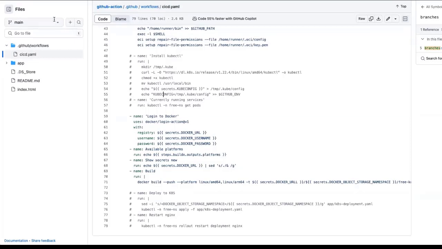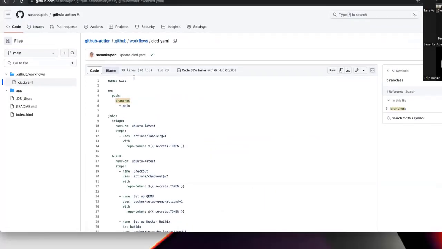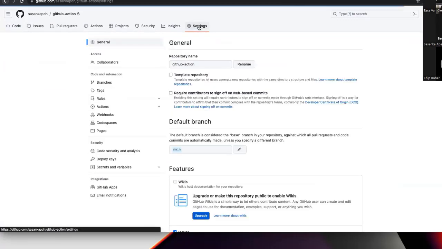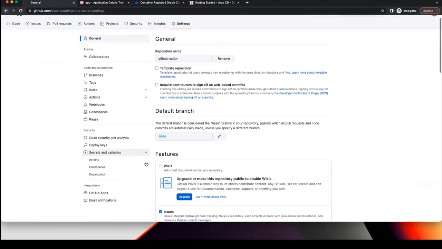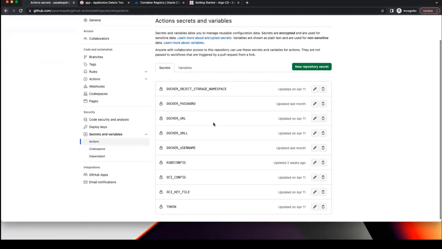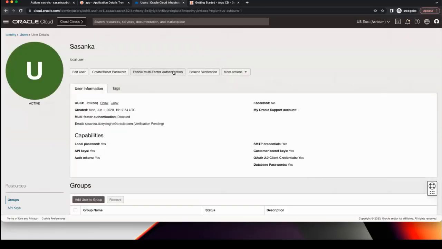So when you're going into the code, if you go to the settings, here I want to set up these actions environmental variables, which I use Docker object storage namespace, which I can find from here.